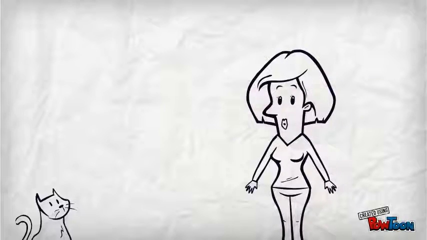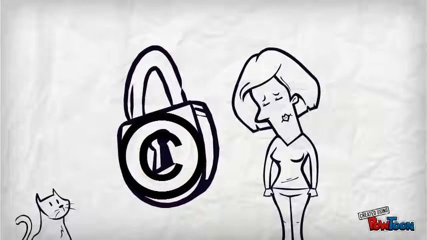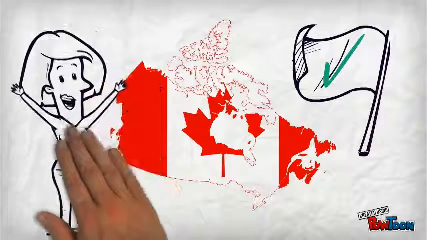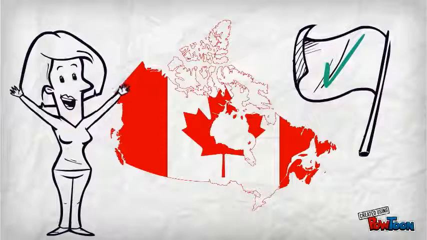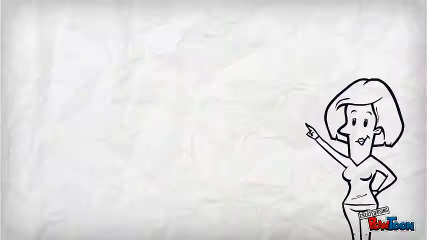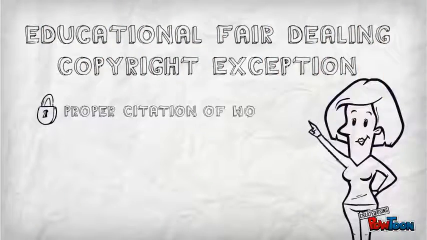But what if I couldn't find the right image using the open license system? What if the only image that will work is protected by copyright and not available for free use? Luckily for Canadian students, there are exceptions in the copyright law for educational use of copyrighted materials. That said, there are still some responsibilities you'll need to adhere to if you want to use these in your work. First and foremost, as with any academic work, you'll need to provide the proper citation to the work you're borrowing. Author, title, publisher, date, and source would be a good start. You can usually follow the citation standards within your field of study for this information.